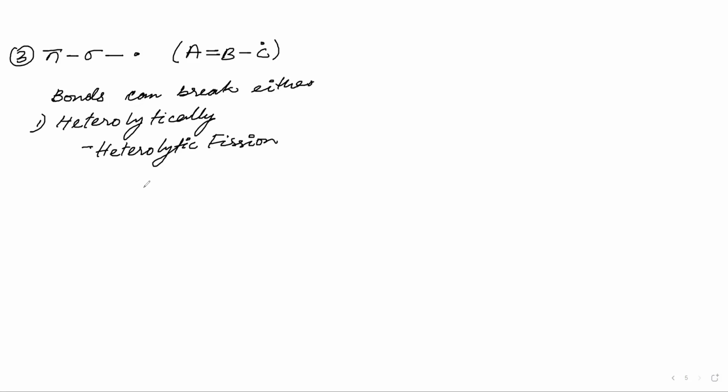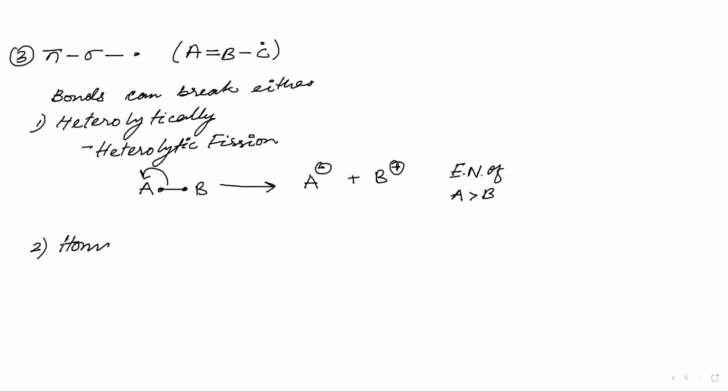It is when A and B are bonded. There are 2 electrons in one bond. Now, when they break apart, both the electrons are transferred to one atom, and the other one is deficient of any electron. Generally, this is the case when the electronegativity of A is greater than that of B. That means this bond was a hetero bond between 2 different atoms. And when it is homolytic fission,